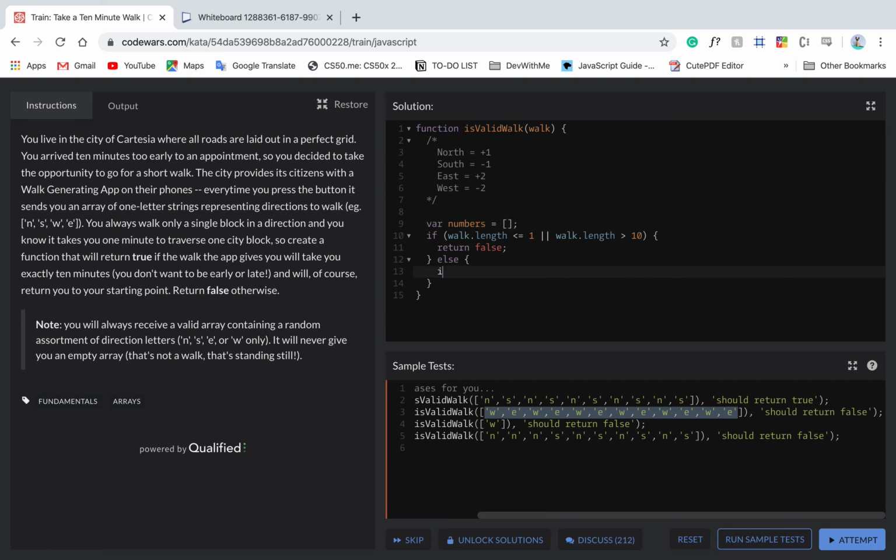So, for let i equals 0, i smaller than the length, i plus plus. numbers dot push. Let's go ahead and push. So let's say if numbers i equals